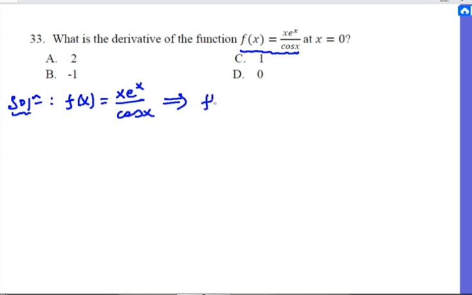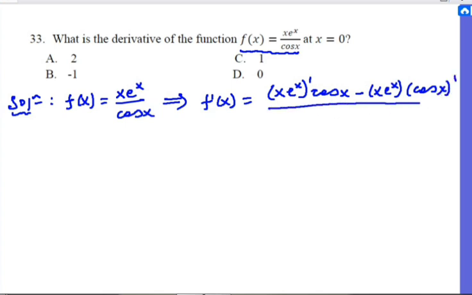the rule of derivative for quotients tells us f derivative at x equals the derivative of the expression in the numerator first times cosine, minus x times e to the power of x times cos derivative, over the square of the denominator. So this is f derivative, but